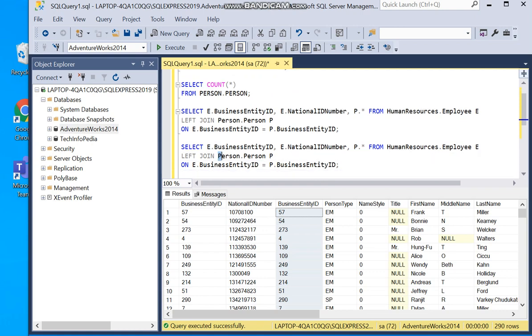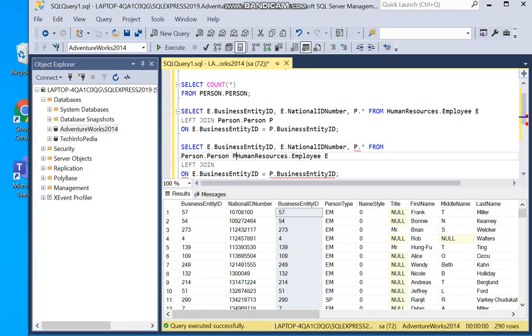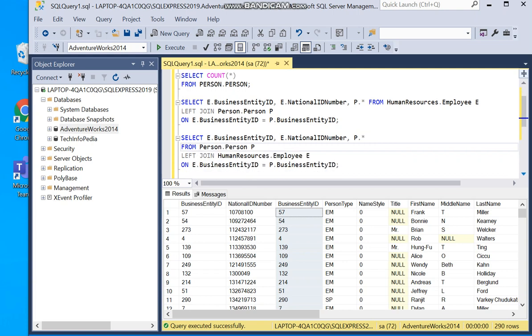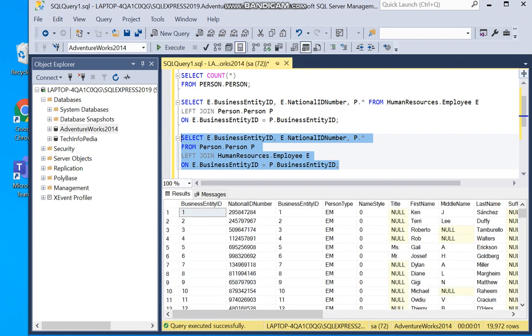If we make our right table the left and the left table the right, now our person table, which is the bigger table containing thousands of records, is our left table. So now the result would be entirely different. Here we have 19,972 rows.